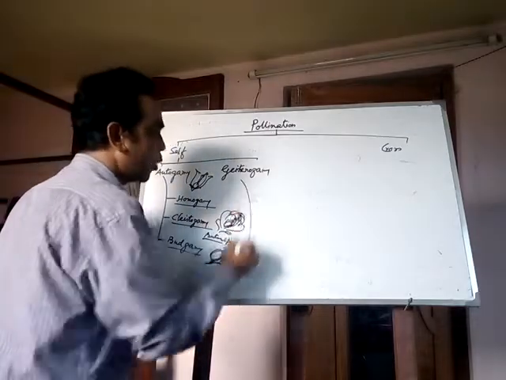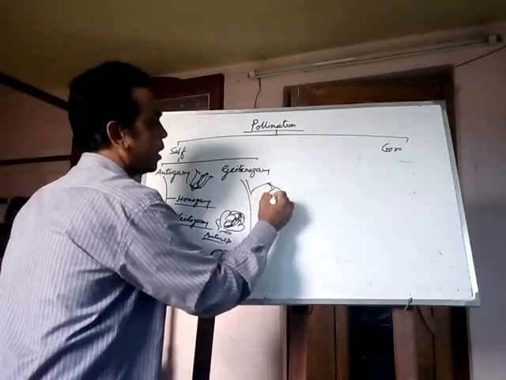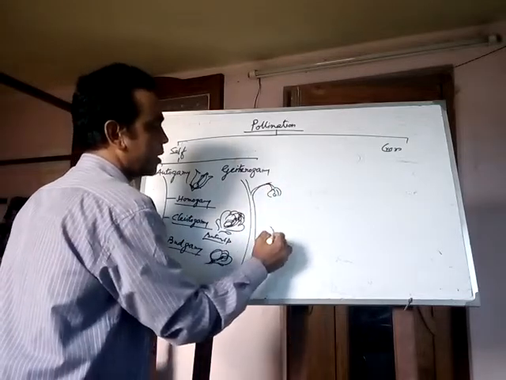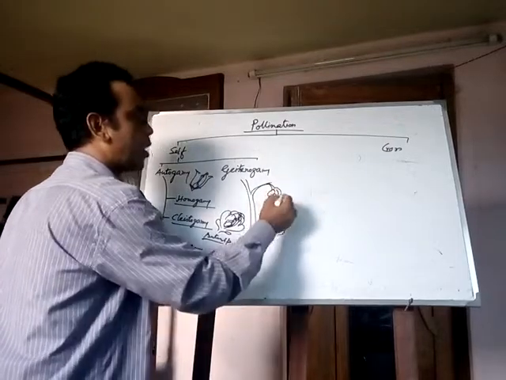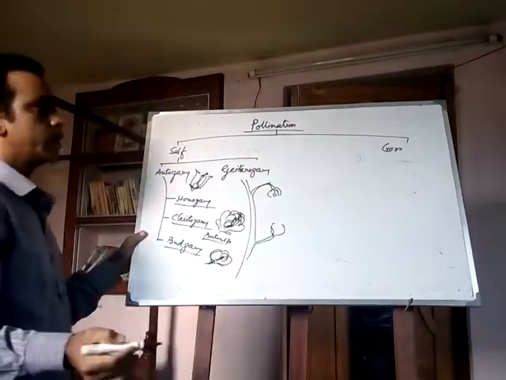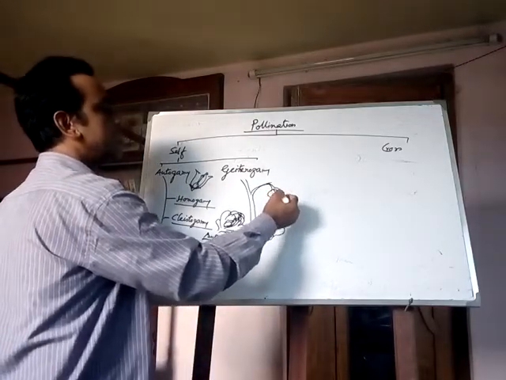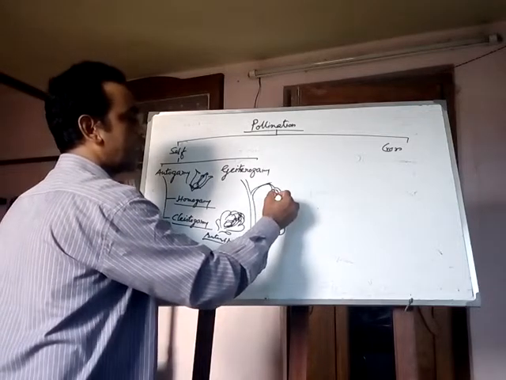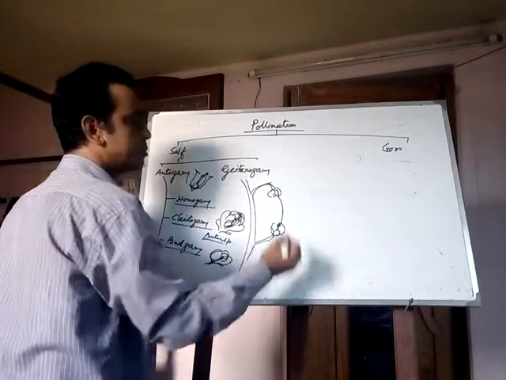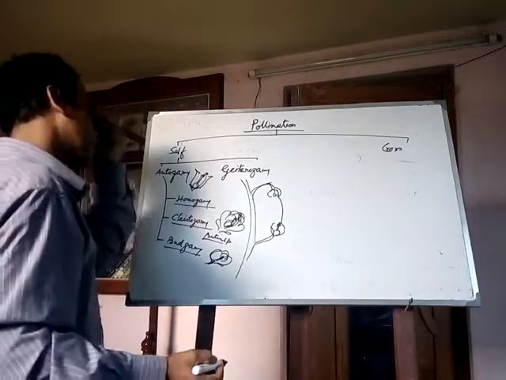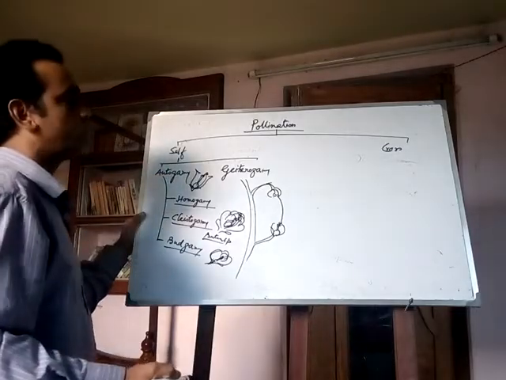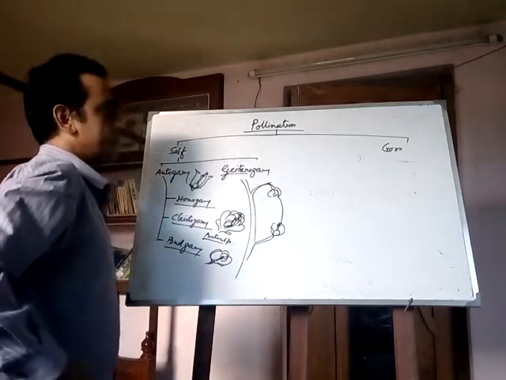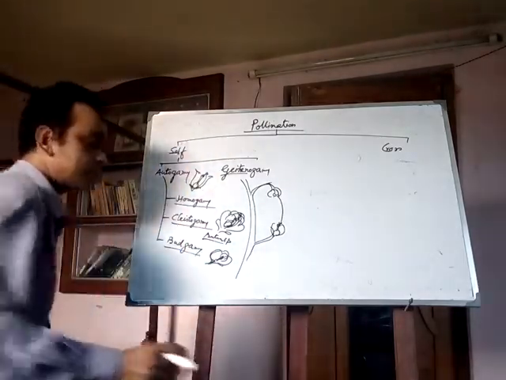Geitonogamy is the pollination when the flowers of the same plant are open but pollination does not occur within the same flower. The pollen of the androecium of one flower goes to the gynoecium of another flower; the stigma of another flower receives the pollen of the other flower. This type of self-pollination is called geitonogamy. Geitonogamy means neighbor, gamos means marriage. Here, self-pollination is discussed now,